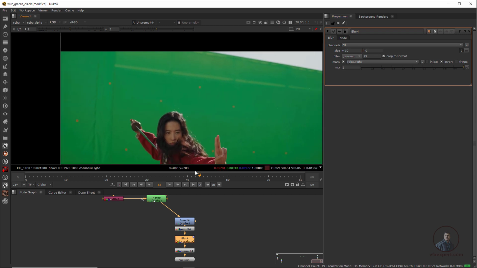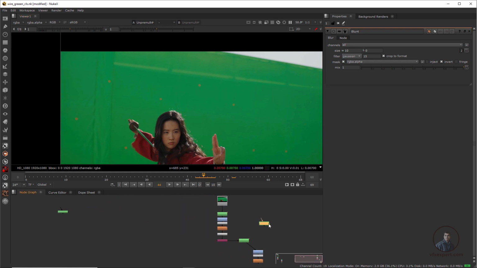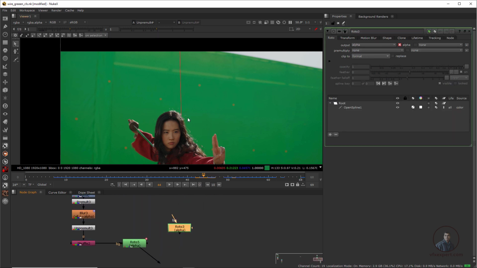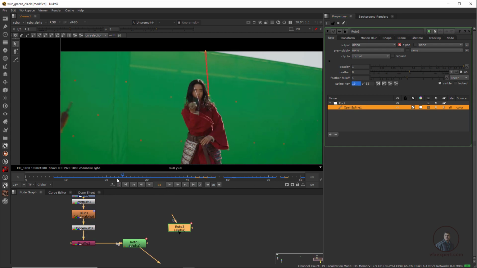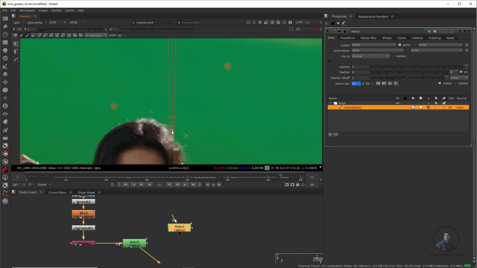So now I have properly removed the second wire also. Like this, I have animated these roto shapes across all frames. I have this second roto here, and we can connect it. You can see the same thing: if you double click here, we can easily see that I have animated this second roto according to our second wire. And remember this last one, the thickness. This area you have to adjust according to your wire thickness or wire area here. Okay, so now I have properly animated this one.